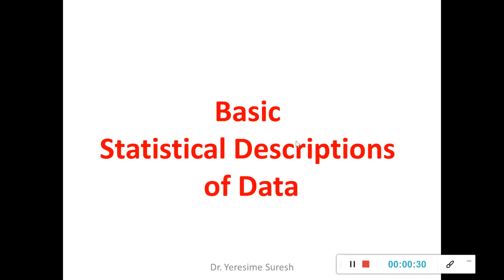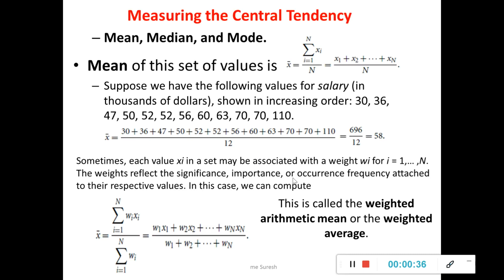Now the first thing, we'll start with basic statistical descriptions of a given data set. Wherein we'll discuss the first topic called measuring the central tendency, and this involves mean, median and mode, and we have already discussed what mean, median and mode are while discussing the measures available in the fact table. To just recall, your fact table will consist of dimensions and certain measures, and those measures we categorize into three different categories. The very first one is distributive, the second one is algebraic, and the third one is holistic.